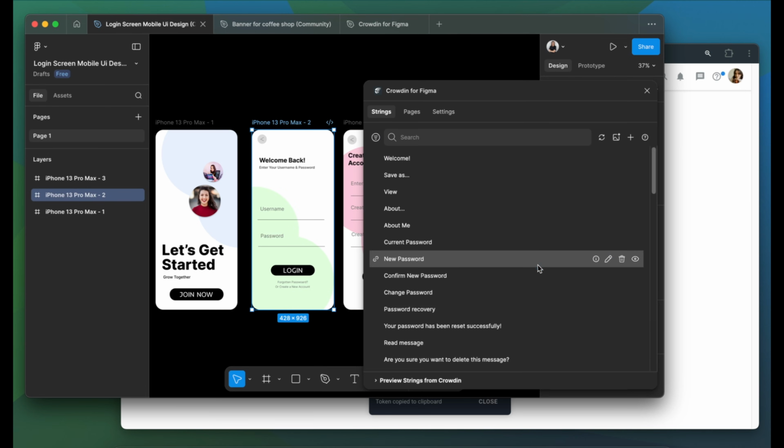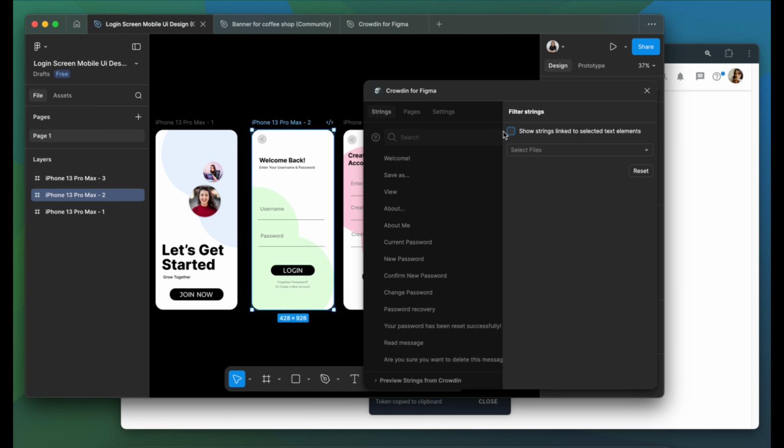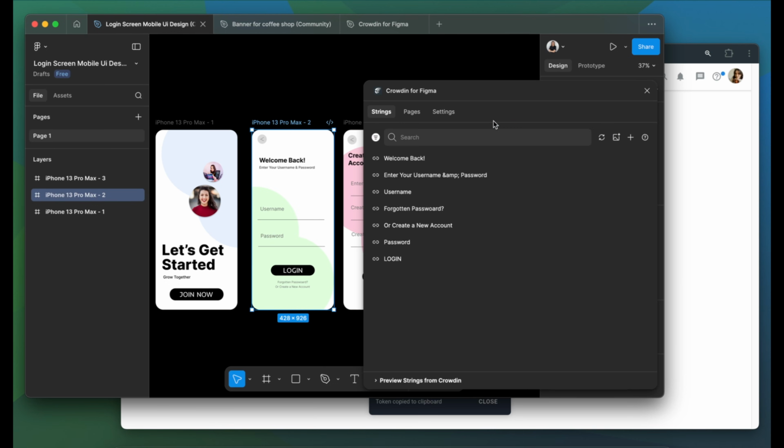Now those strings are linked to the text in Designs. To find them in the list, you could use the search bar and find them by entering their names. Or you can use the Filter tool and select Show Strings linked to selected text elements. You can edit all the strings by clicking the pencil button, and here you can get more information about the needed